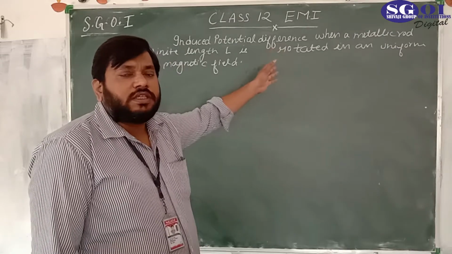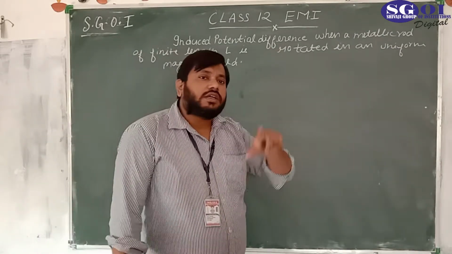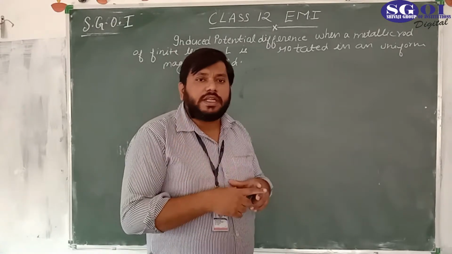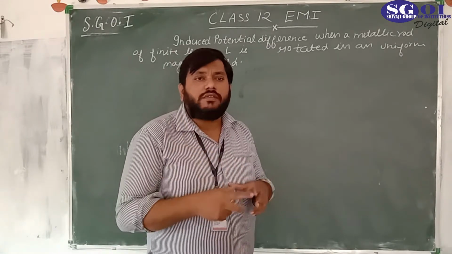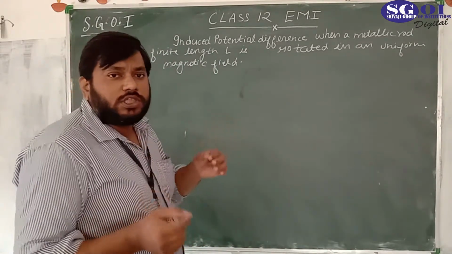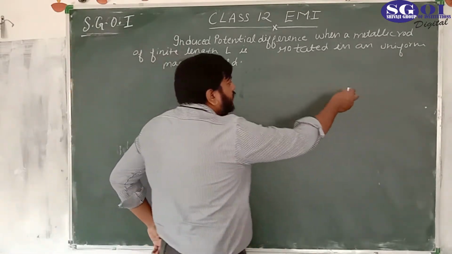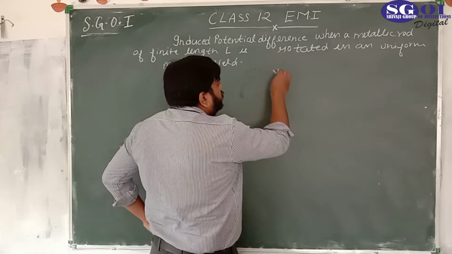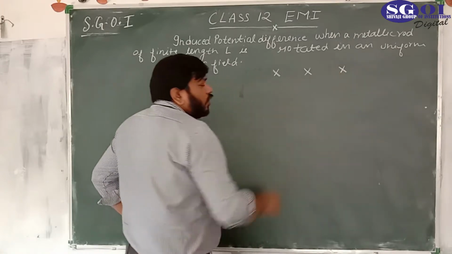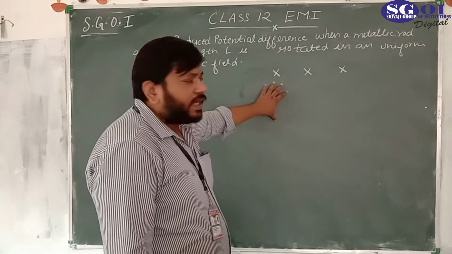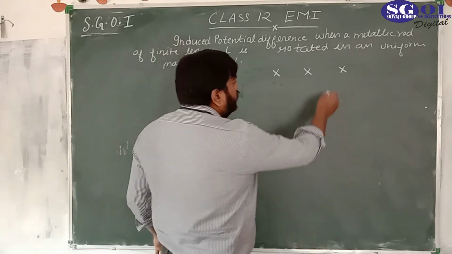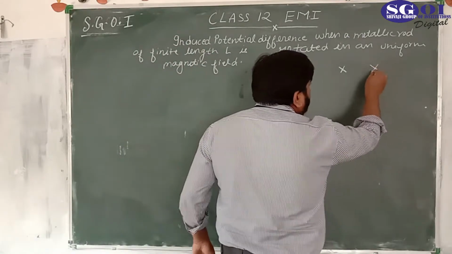In this case, we are rotating the same conductor in a uniform magnetic field with a constant angular velocity. Now let's see what would be the induced voltage across the ends of the conductor. So this is the uniform magnetic field, and the cross indicates that the magnetic field is perpendicular to this blackboard, going into it. So this is the uniform magnetic field,